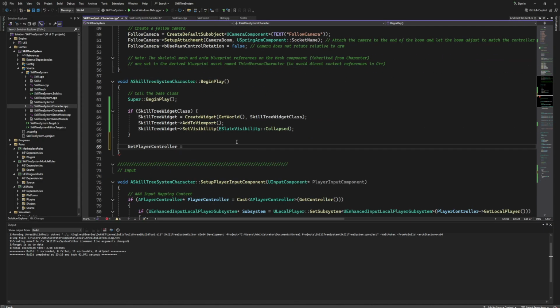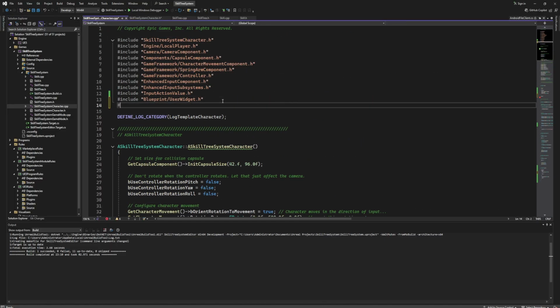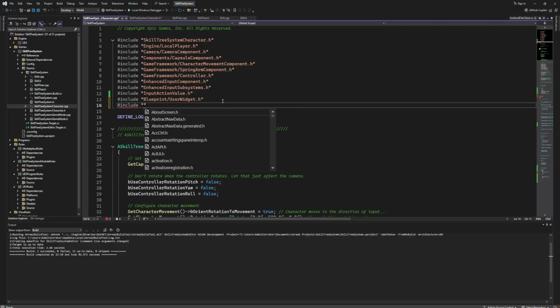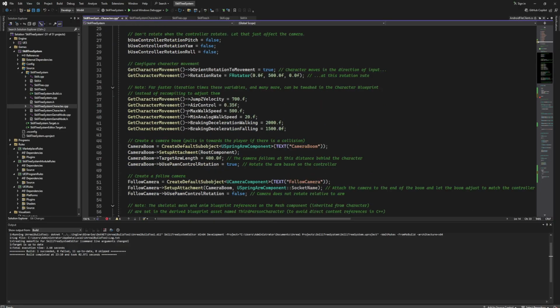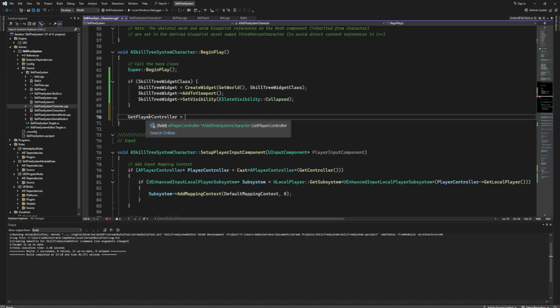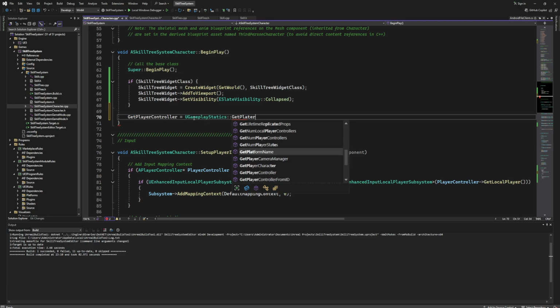How are we going to do that? We are going to do it through the Gameplay Statics library. So we need to include that library from the Kismet folder, and search for Gameplay Statics. Now we need to type Get Player Controller equals UGameplayStatics, and from Gameplay Statics we need a function that is called Get Player